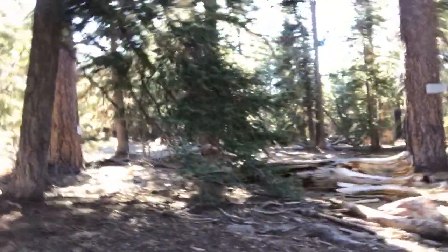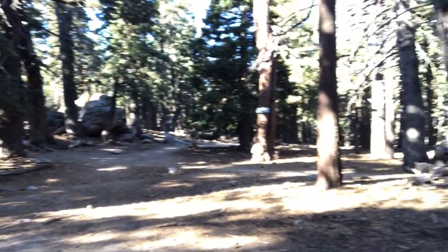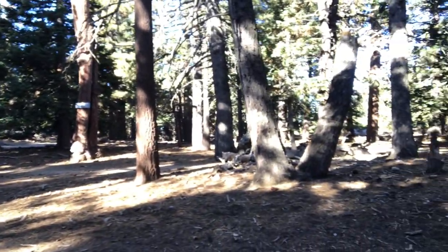I'm taking my first break. It's beautiful up here. Let me show you what it looks like. I'm at the saddle, which splits off in about 5 different ways. I'll show you this. It's really pretty. I'm the only one up here. It's Saturday,